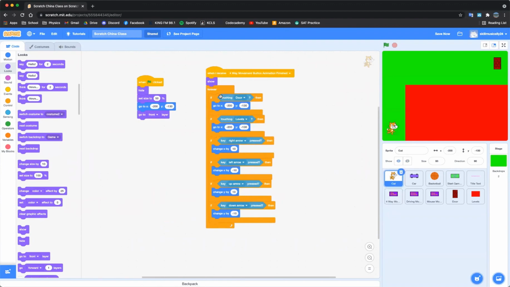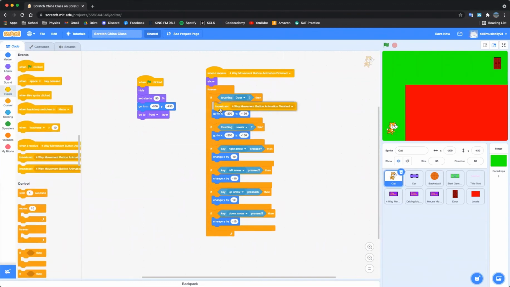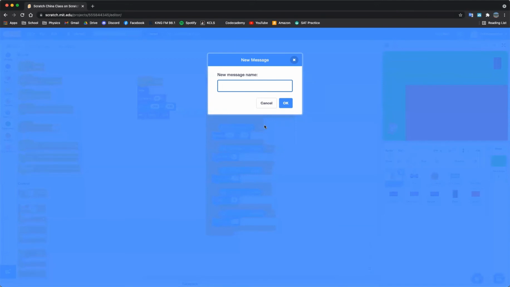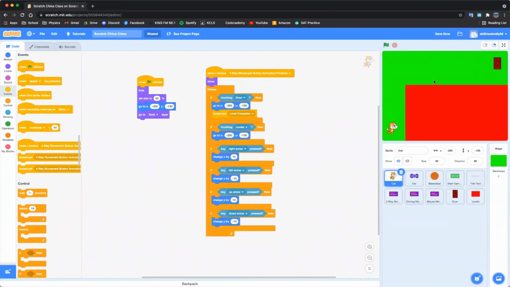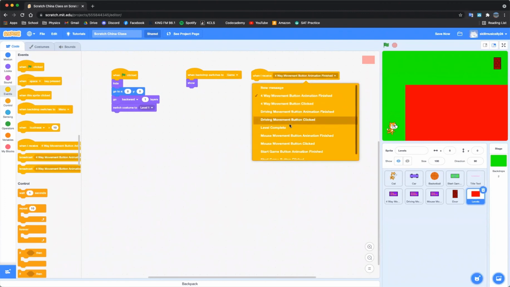So under the cat, remember we have this if touching door block, and we can broadcast a new message here, one that's different than all of these button animation, button clicked blocks. We can create a new message, and we can call it level complete, right? Because when the sprite reaches the door, it means that we've completed the level. So that's what we want. And then underneath the levels, we can receive that same message. So when I receive level complete,